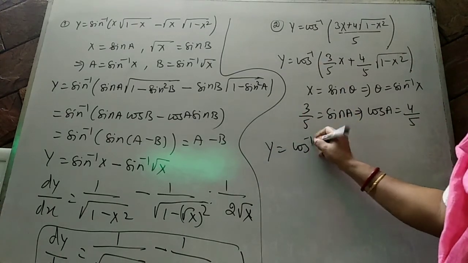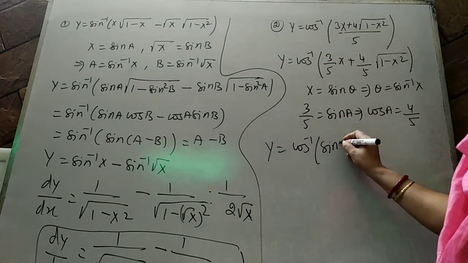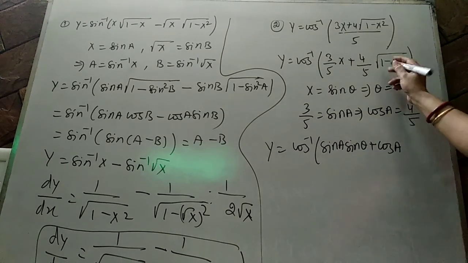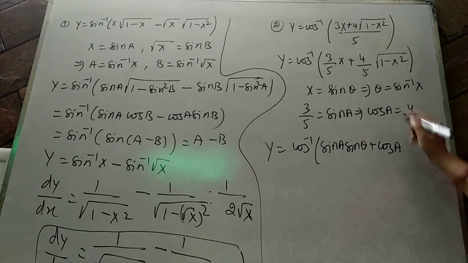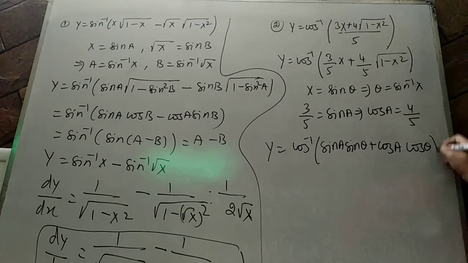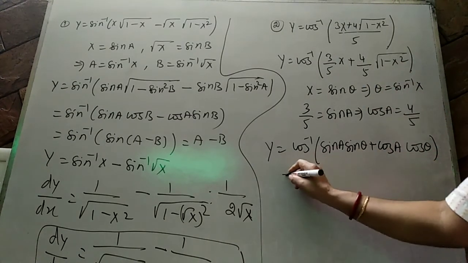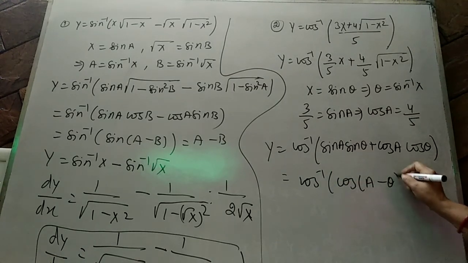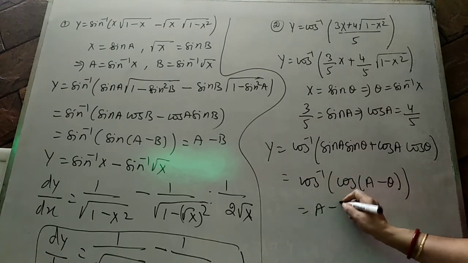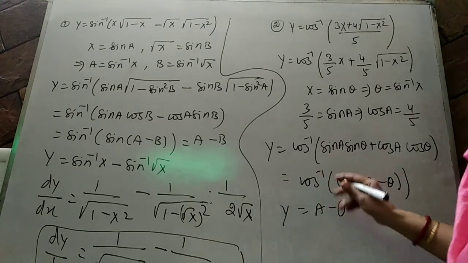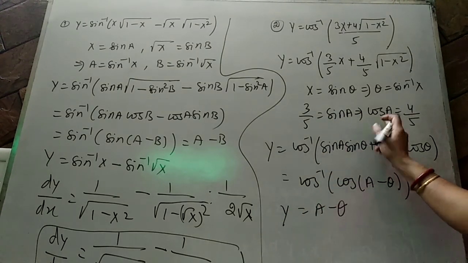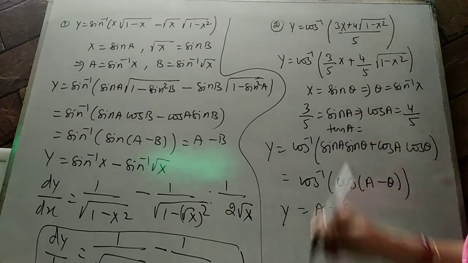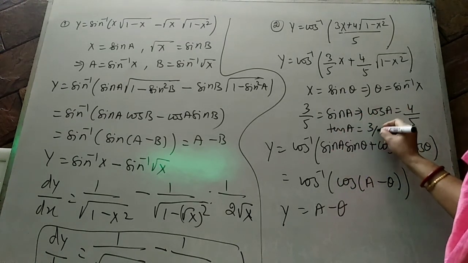सो ये हो जाएगा कॉस इनवर्स ऑफ, ये हो जाएगा साइन a एंड देन ये होगा साइन थीटा एंड देन प्लस ये हमने सब्स्टिट्यूशन दिया कॉस a अंडर रूट ऑफ 1 माइनस साइन स्क्वायर थीटा, कॉस स्क्वायर थीटा, कॉस थीटा। बेटा डायरेक्ट लिखो ना, 1 माइनस साइन स्क्वायर थीटा कॉस थीटा। So cos inverse of we have formula cos a minus theta, cos of a minus theta that is equal to a minus theta. So y equal to, अब a का वैल्यू यहाँ से कॉमन निकालना है। tan a का वैल्यू निकालोगे, tan a का वैल्यू क्या आ जाएगा 3/4।